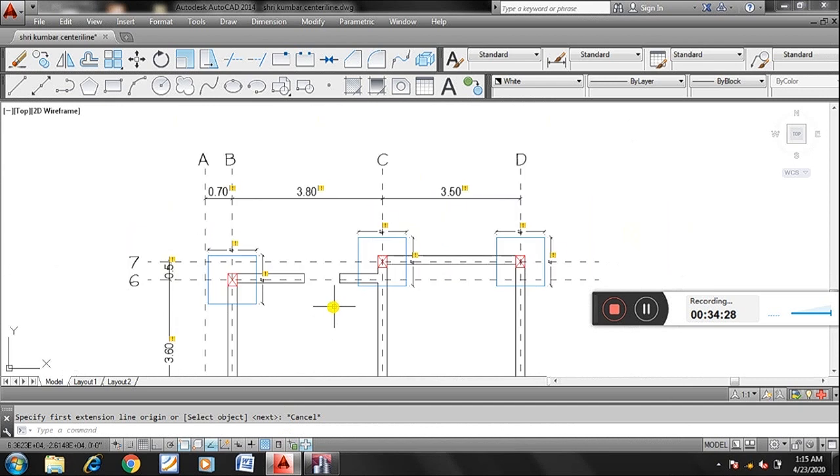Okay, so in plan it is there 7C and 7D. Here you can see 7C and 7D. Next 6B is there, another column 6B.